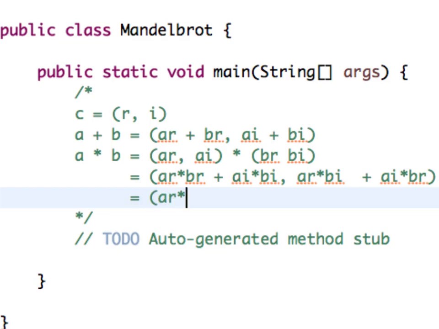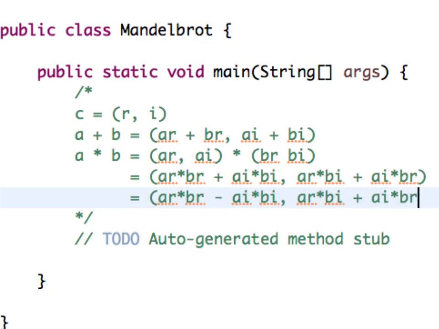Okay. So the only other fix I have to make is that these are two real numbers, and the way I'm going to handle them, they'll all be real numbers. But ai times bi is a real number, but I have to change the sign because there's a square root of -1. Too complex. Much easier to just remember the rules, which says that if I multiply two complex numbers, then that's the product. Okay. So